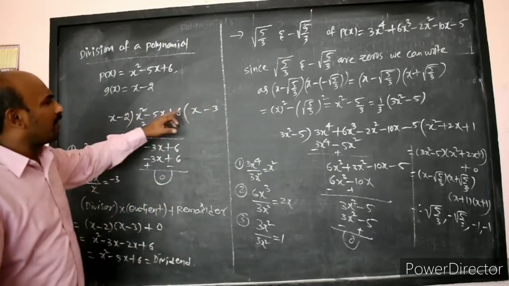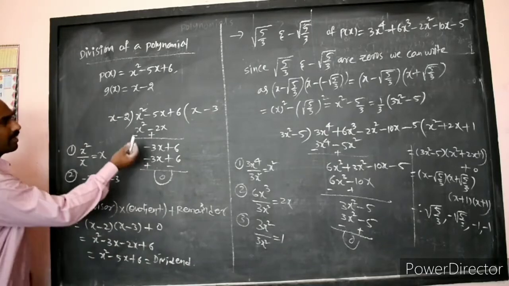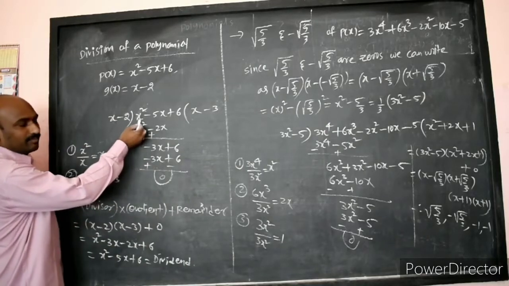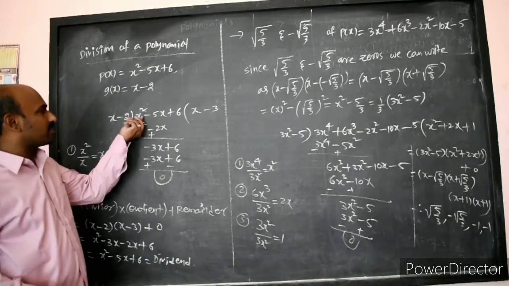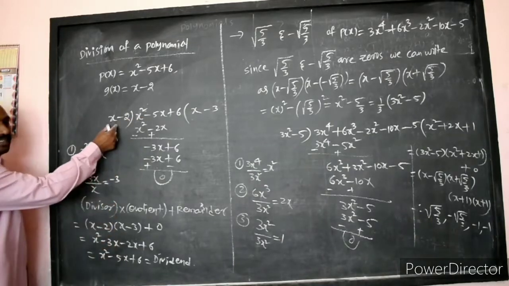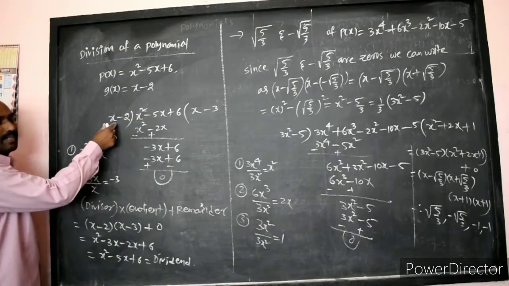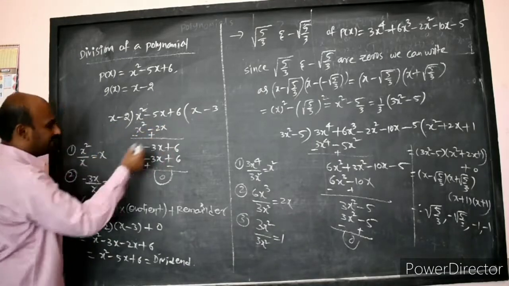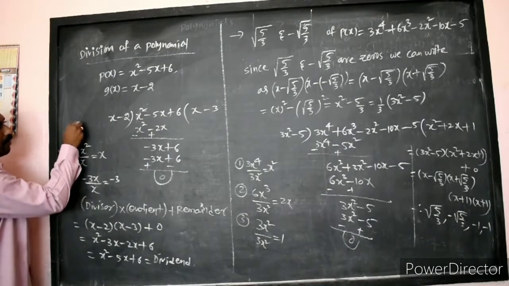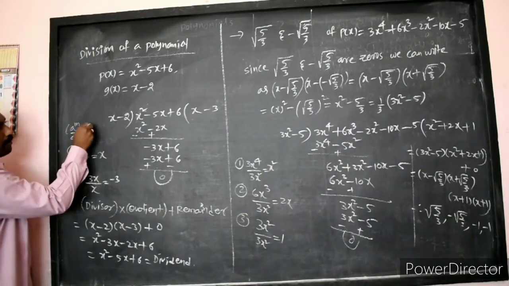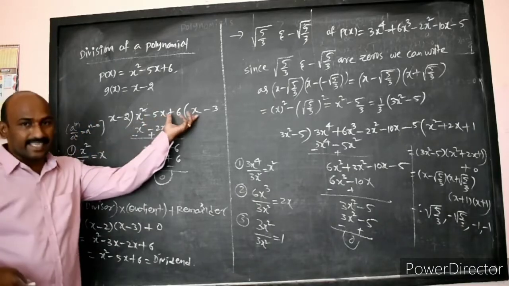Now here I want to get the quotient of the first term. What is the procedure? Here this one we call the leading term. We already studied this in the 9th class. The leading term in the dividend, x square, divided by the leading term in the divisor, then you will get the first term of the quotient. x square by x is equal to x. This is nothing but the formula a power m by a power n is a power m minus n. Then the first term of the quotient is x.